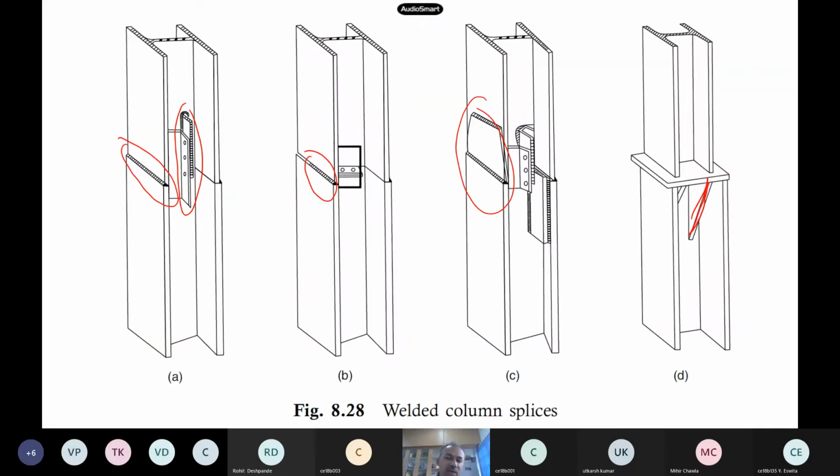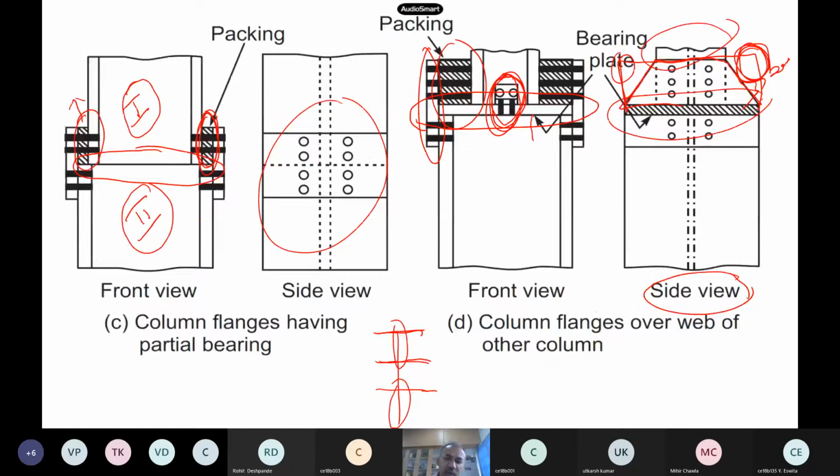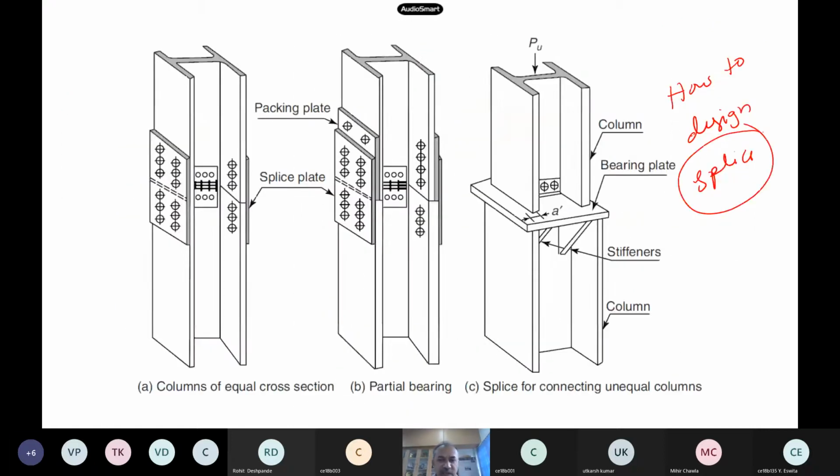And as I already told, sometimes instead of bolted connections, one can do welded connections also. You can have a weld instead of bolts, and then you put this plate. This is also possible, and sometimes they do it in practice. In some cases, to give more strength, we also put stiffeners below the bearing plate. Right now there are no stiffeners here, but that can also be included in the design itself. So this is for equal cross sections, and this is how the splice plates are provided. Bearing, then the shear splice here, then two different sizes.